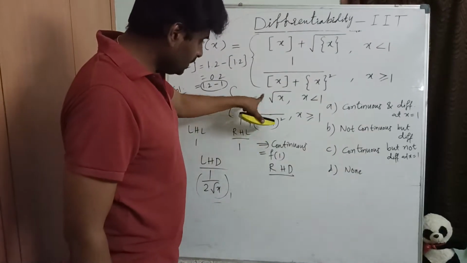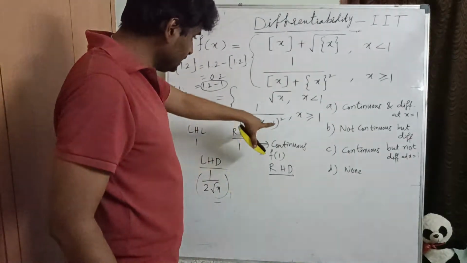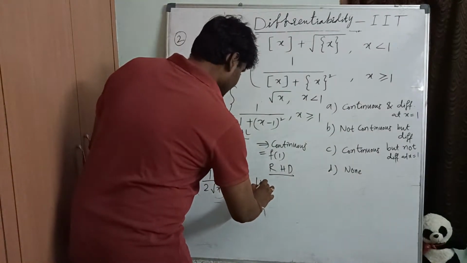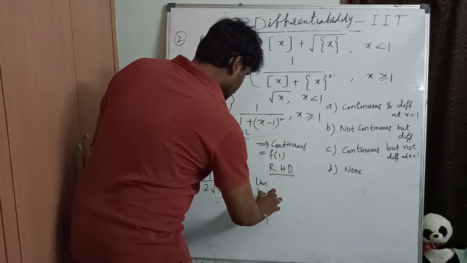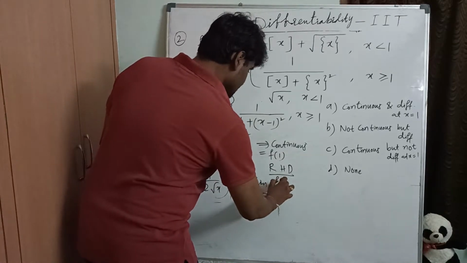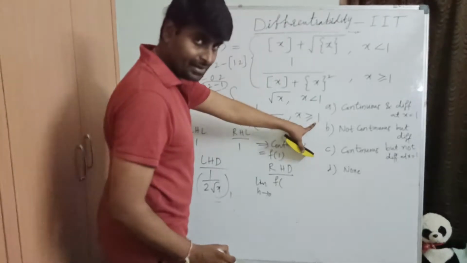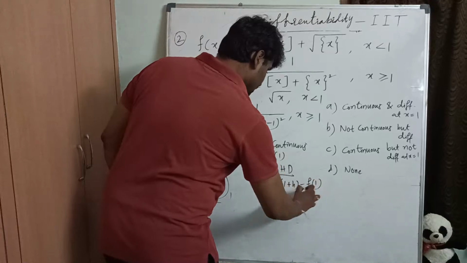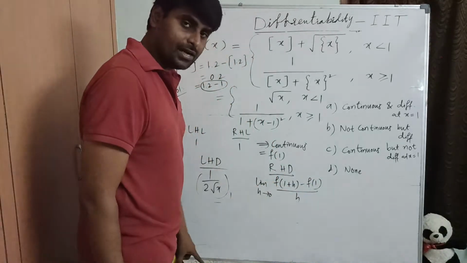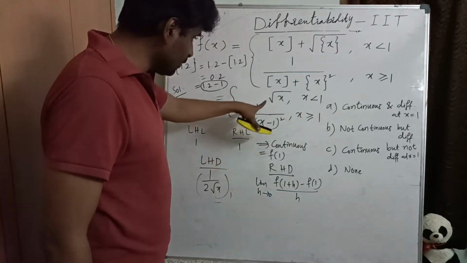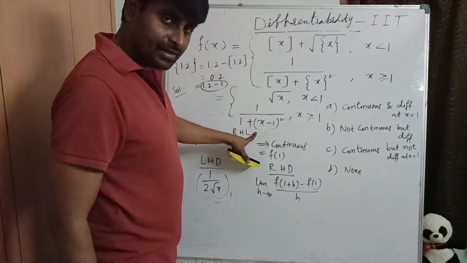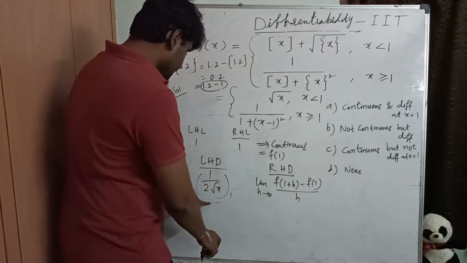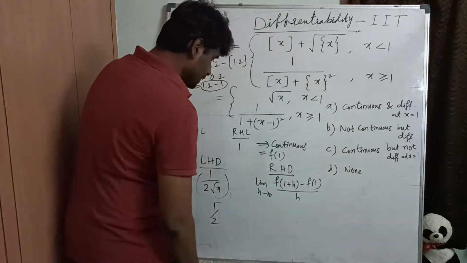Here, differentiating this will be difficult. If you feel the derivation of this is difficult, then go through the formula. What is that formula? Limit h tends to 0, f of c plus h, what is c there, 1, so f of 1 plus h minus f of 1, by h. We can apply this according to the formula. Here it was possible to differentiate, but here the derivation takes time, so we can go through the formula anyway. Here we get 1 by 2, but here